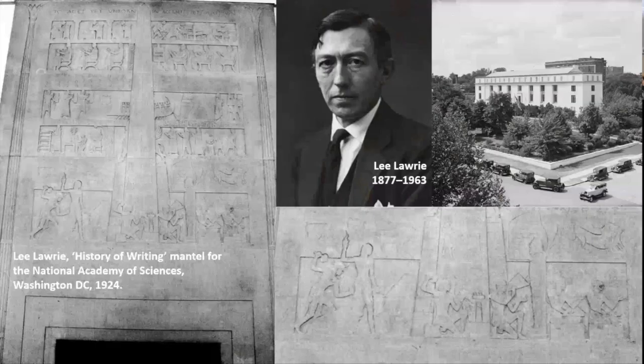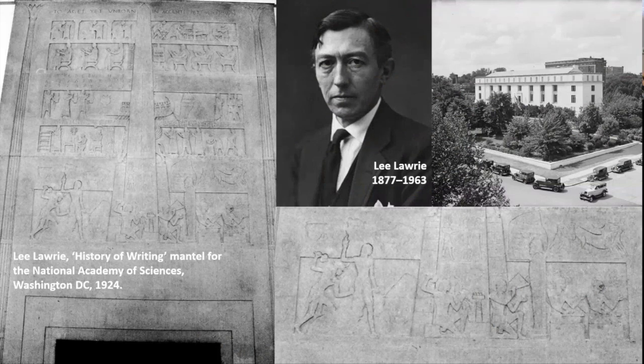Okay, so in 1923, the sculptor Lee Lowry created a panel of the history of writing for the Library of the National Academy of Sciences in Washington, D.C. While the scientists of the National Academy had strong opinions on the decorative program for their prestigious new home, the theme for the library's mantle was Lowry's own idea. And the content, I would argue, reflected an artist's bias. For in Lowry's account of the development of this essential science, writing begins as art.